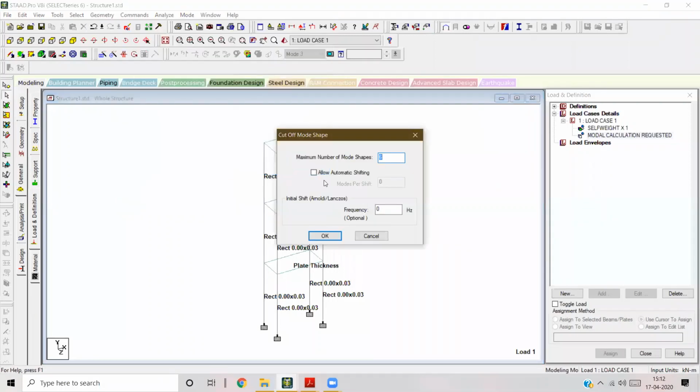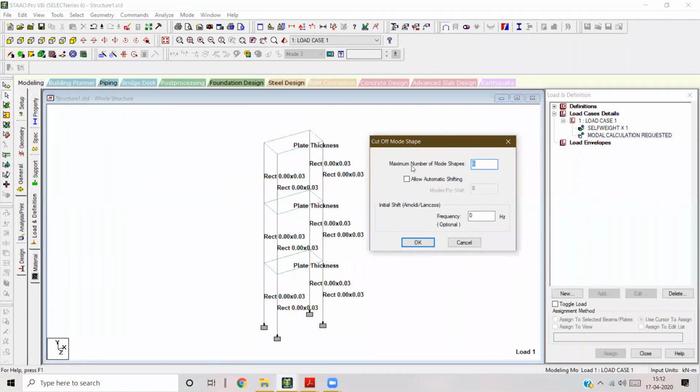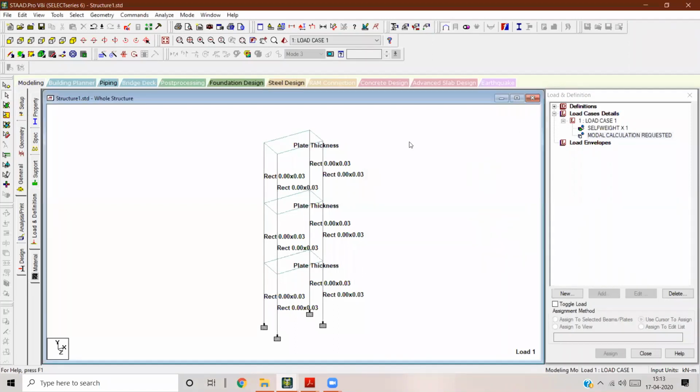Click on that and tell how many mode shapes I want. In reality, any civil engineering structure we take will actually have infinite degrees of freedom. It is only that we make the assumption that the number of degrees of freedom is equal to the number of mode shapes to make our life easier, so that calculations become easier. So since it's a 3-story building, change this number to 3. And click OK. Now the results that you will get are restricted to 3 mode shapes and 3 frequencies only.